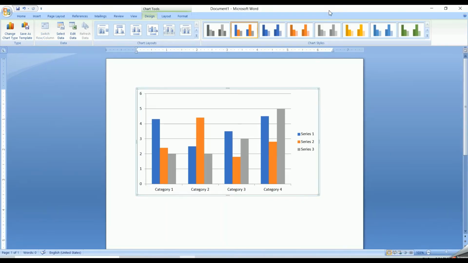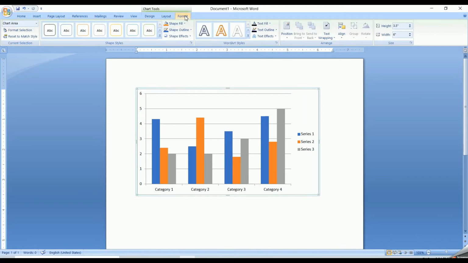Okay. So now I'm going to format my chart. Format means you can change the appearance of it. As soon as you insert the chart, at the top of the menu bar you can see the option of format here. Click on this option. You will get a variety of options here to change the formatting of your chart. First let us move to this topic, that is word art style.